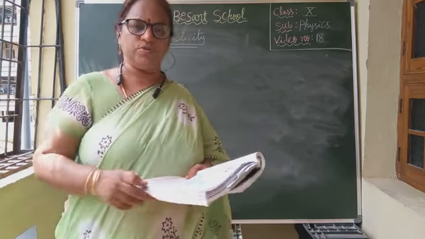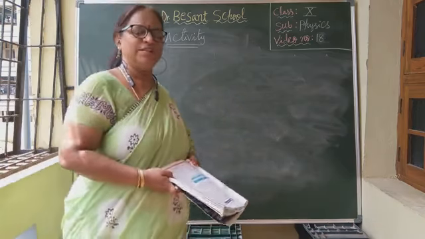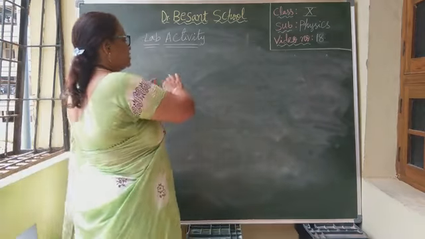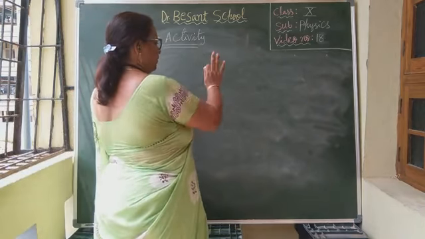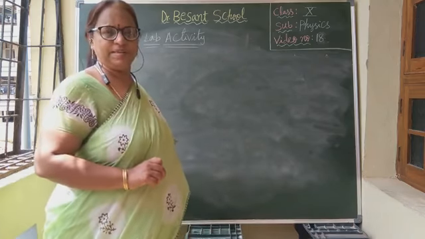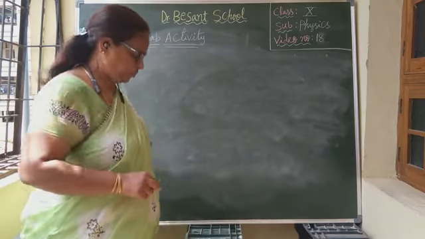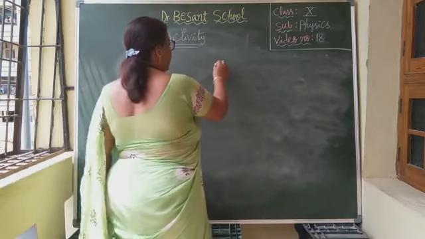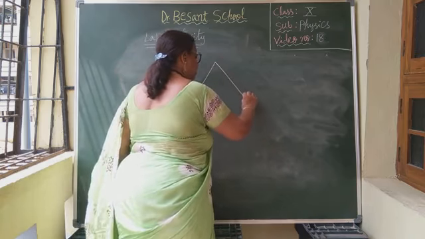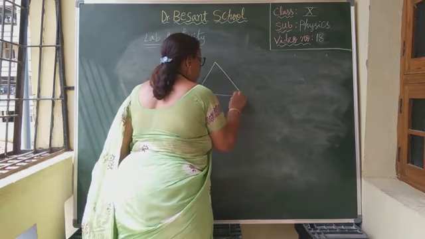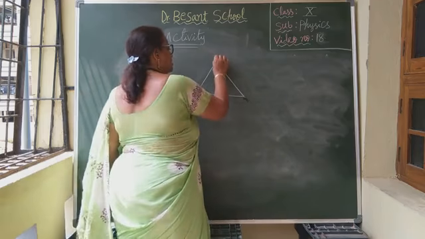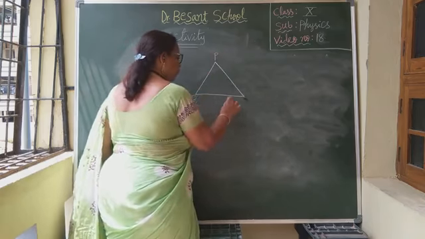Now what should you do? The same process that we have done up to now. Suppose this is the board, and a white chart is fixed to it. Now we will take the triangular prism and draw the outline of that prism. What you will get as the outline is the same as what we have done now. Observe carefully, children. You got a triangle, isn't it? Now name this triangle as P, Q, R.